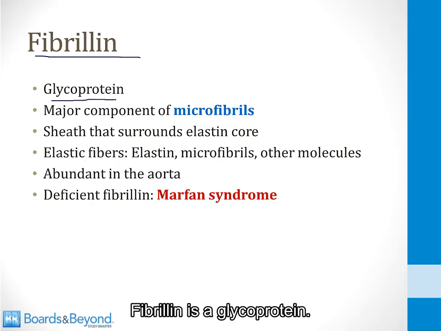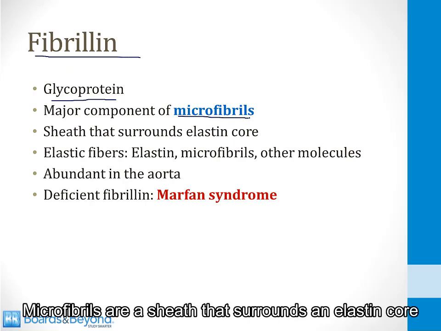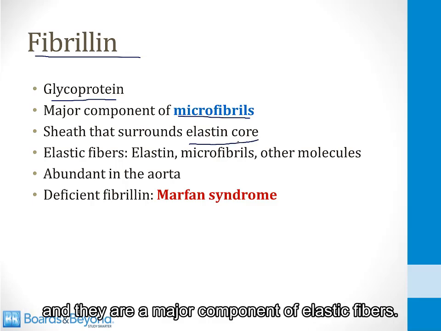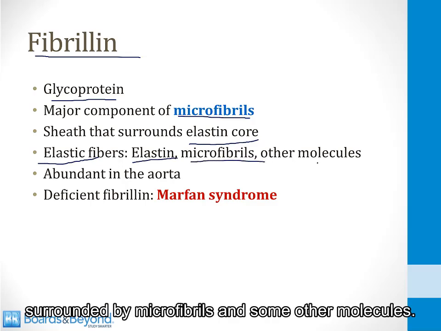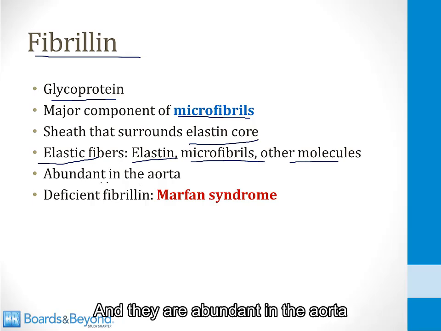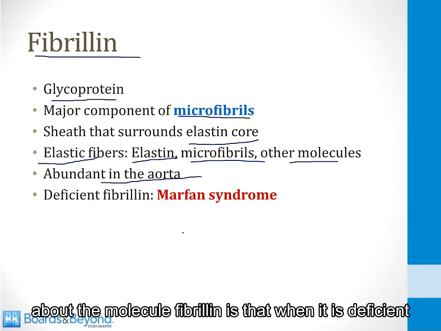Fibrillin is a glycoprotein, and it is the major component of microfibrils. Microfibrils are a sheath that surrounds an elastin core, and they are a major component of elastic fibers. Elastic fibers are made up of elastins surrounded by microfibrils and some other molecules, and they are abundant in the aorta, and the one thing you want to know about the molecule fibrillin is that when it is deficient, that